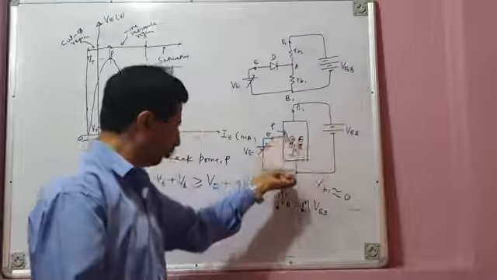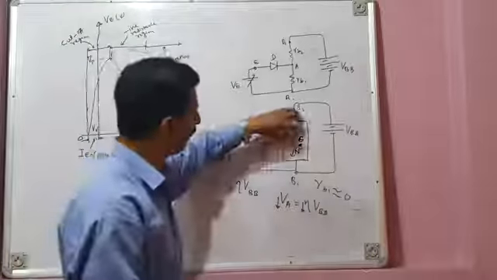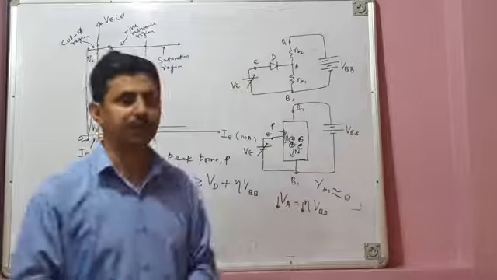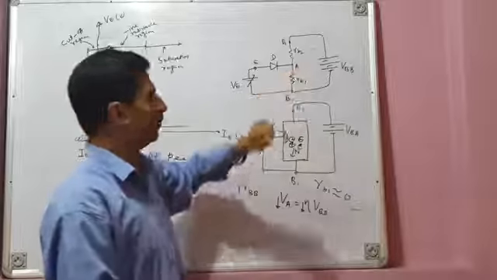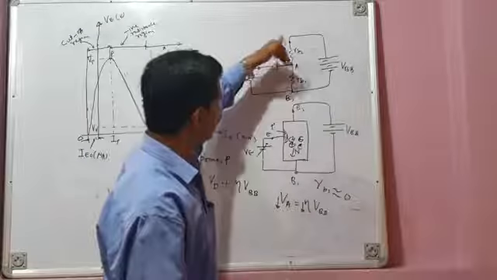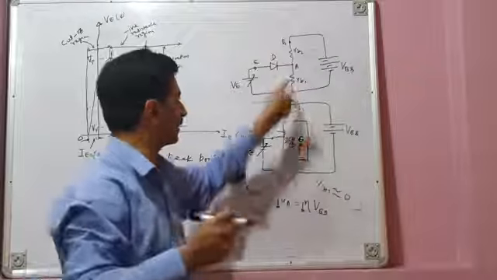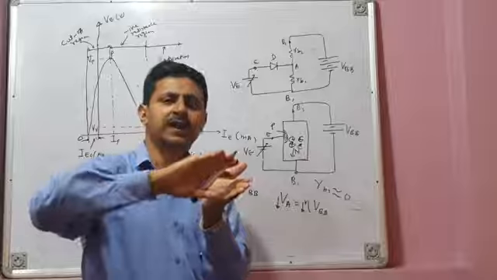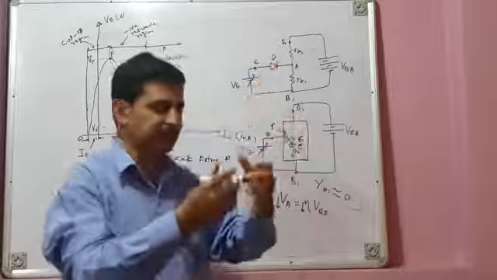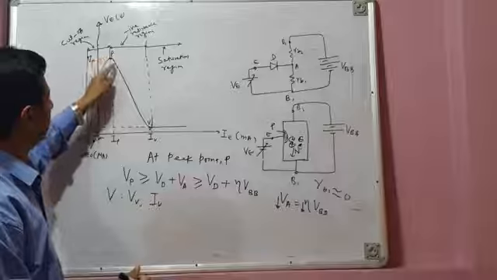These holes move downwards from the emitter to base B1, and they form the emitter current. Because of flooding of these charge carriers in the N region, the internal resistance RB1 decreases. As RB1 decreases, VA decreases. Because of the decrease of VA, the forward bias across the PN junction further increases. It injects more and more charge carriers. So current goes on increasing, but the internal resistance goes on decreasing. In other words, the current through the device goes on increasing, and the voltage drop across the device goes on decreasing. That is why from P to V, your UJT shows negative resistance characteristic.